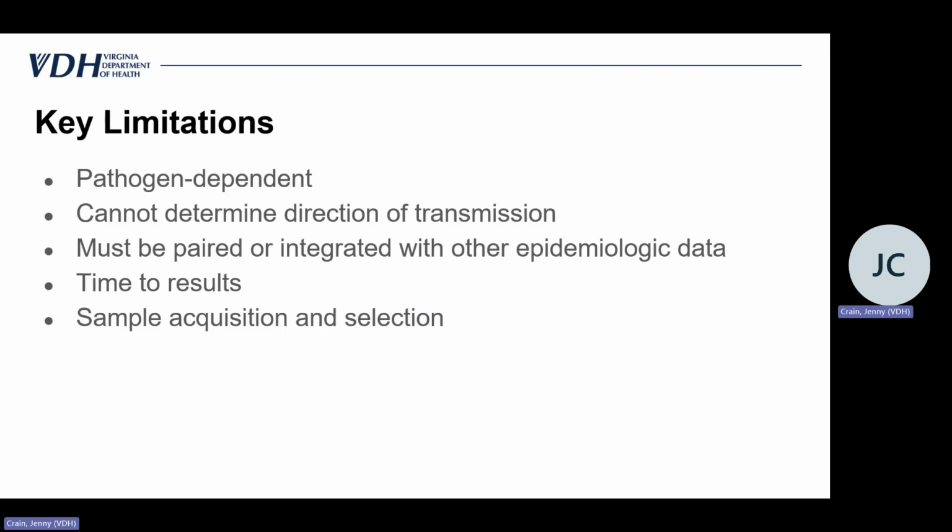Another limitation is how quickly we get these genomic results. Turnaround time is a big deal, always a hot button for any laboratory. Epidemiologists will sometimes push back and say, why do we really need these genomic results if we've already made our infection control recommendations and determined the total number of cases in this outbreak? How is this really helpful to me? I always try to impress upon them that all recommendations can be changed or modified. We get new information all the time. If we find a new case in a different long-term care facility unit or wing after we've already made infection control recommendations on one, that's obviously going to change when we find new cases.